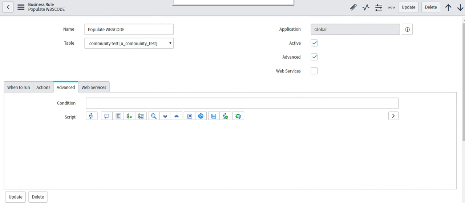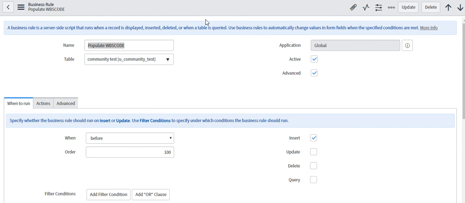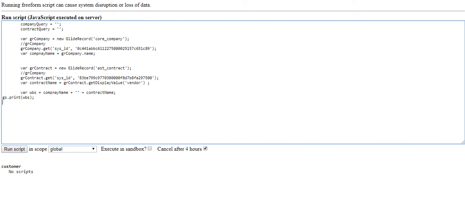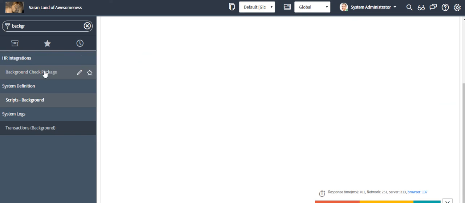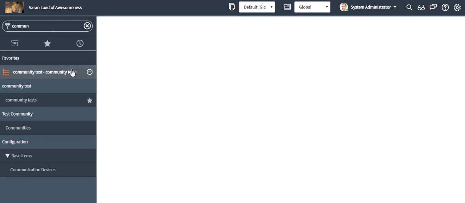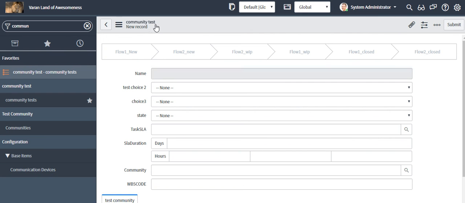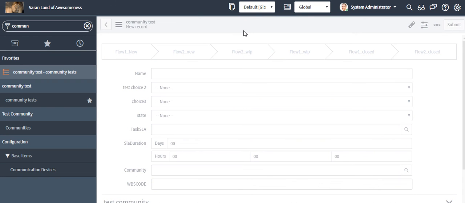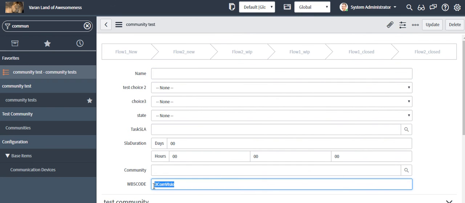And then test this. So now let's test this, right? I'm trying to create a new record, right? So let me start from here. So I'm going to go here to this table, create a new record, and this is a column that I have created. So let's save this, and you see that the record has the WBS code as 3com